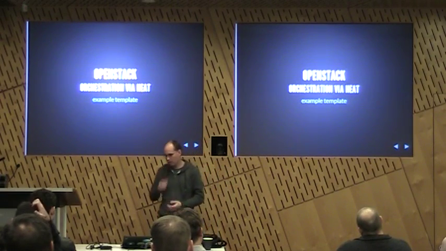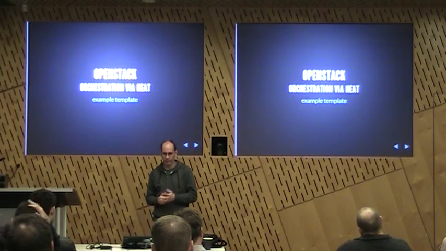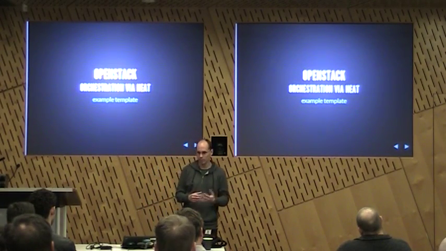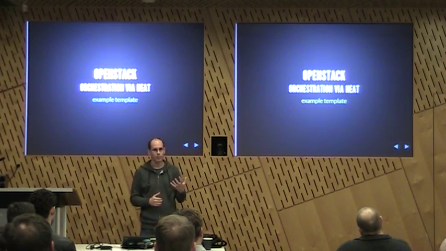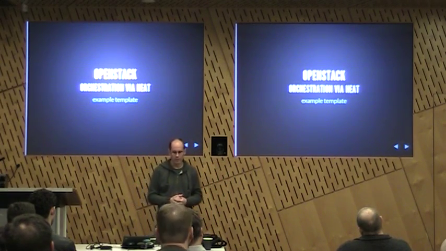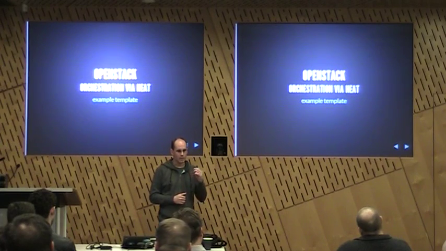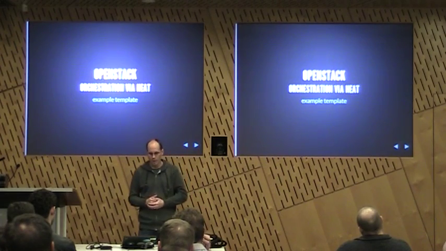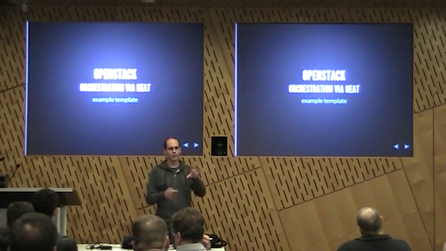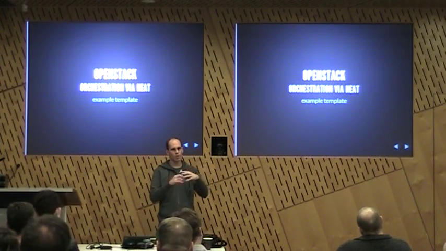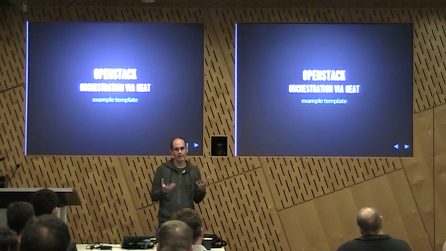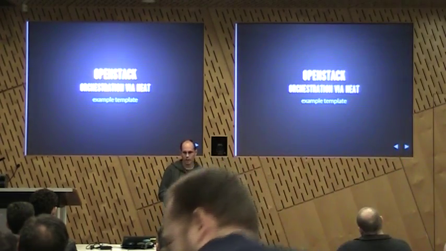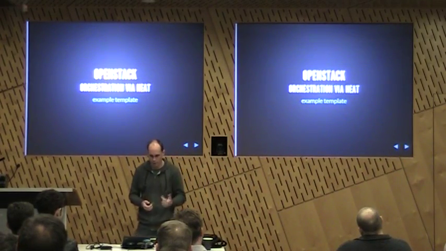So there's one project that's been in OpenStack for a while now called Heat, which is basically system orchestration or infrastructure orchestration inside of OpenStack. It's the equivalent to Amazon CloudFormation, if anyone's familiar with that. So basically it allows you to give a template or define your infrastructure as code, which of course is something that a lot of people are very excited to be able to do. So I'm going to show you just a quick